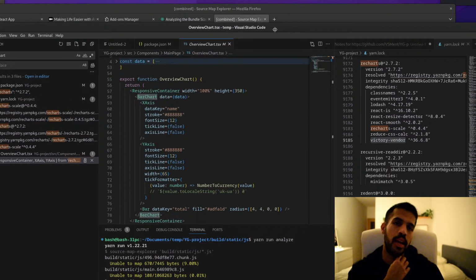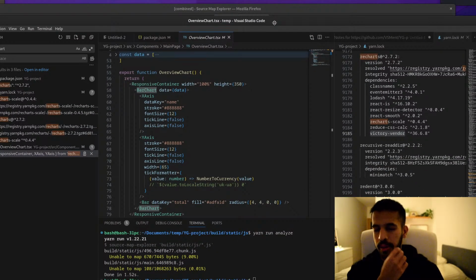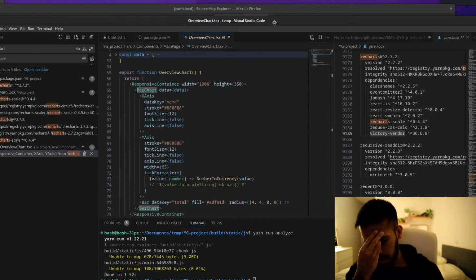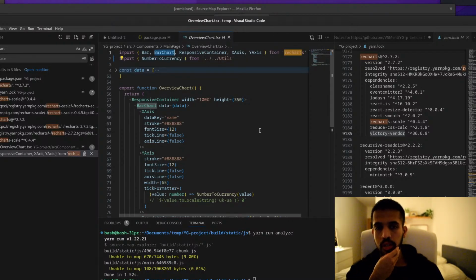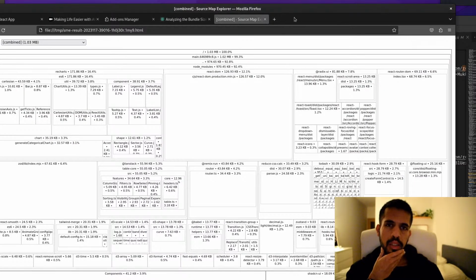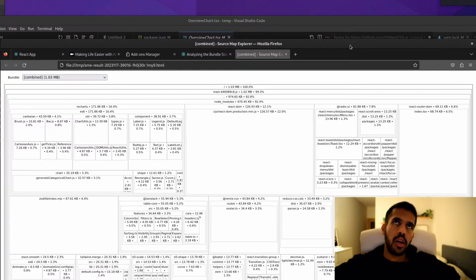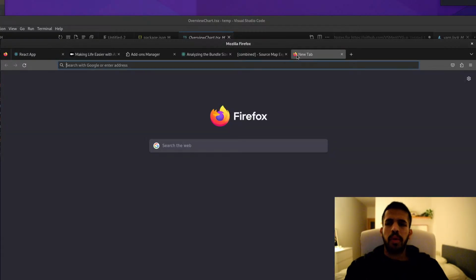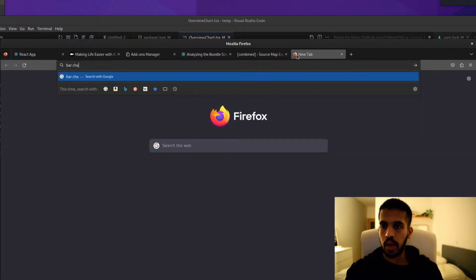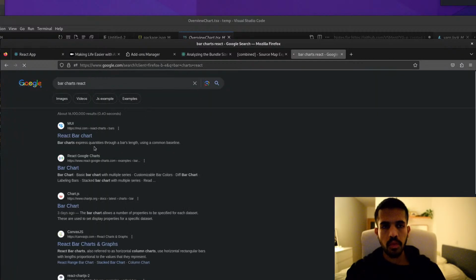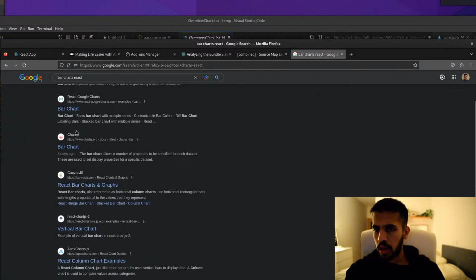And that has no other dependencies, because Recharts is a very powerful library. It has all manner of charts, but in this case, it might be overkill. This is like super over optimization stuff. This is not stuff you should be doing, I think, on a regular basis. But just to walk you through it, if I were to find something else that does bar charts in React, bar charts,